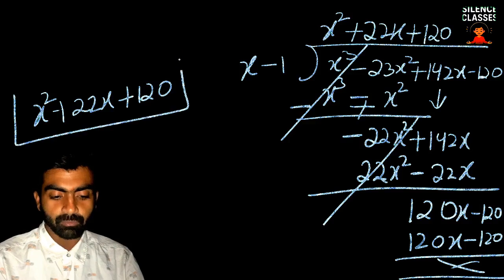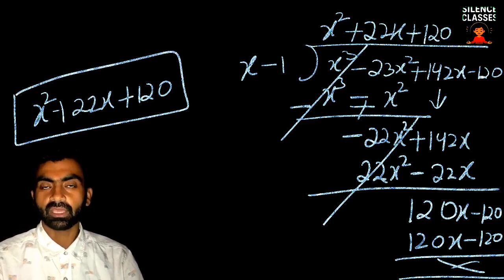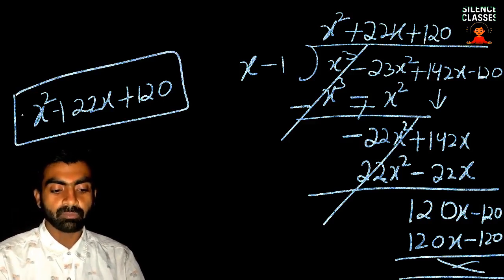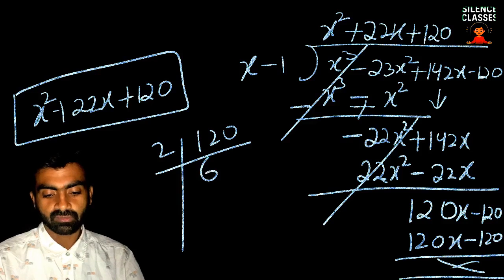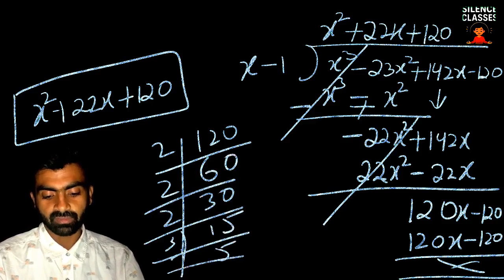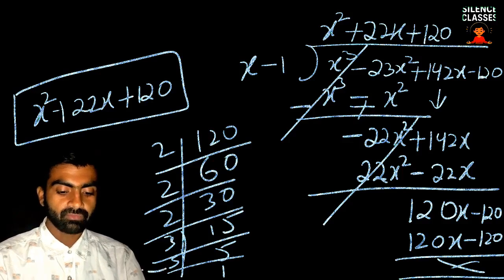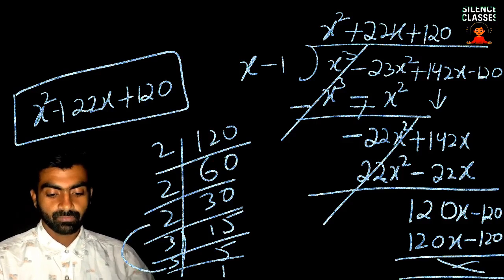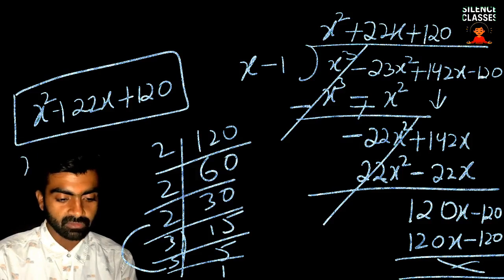By using the splitting the middle term, now we will get 2 terms. Okay, so 120 multiplied by 1 will become 120. We will take the prime factors of 120. So once we multiply, we will get 120, and by doing plus, we will get 22. So 120, 60, 30, 15, 3 5s are and 5 1s are. 5 2s are 10, and 3 2s are 6, and 6 2s are 12. So we will get x square